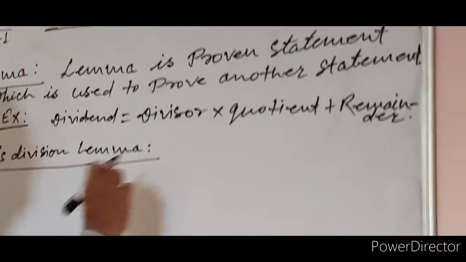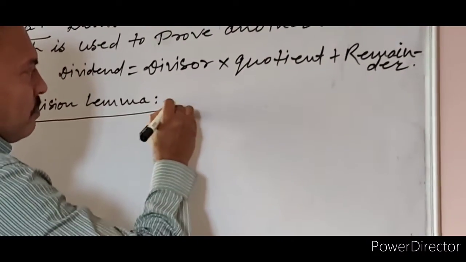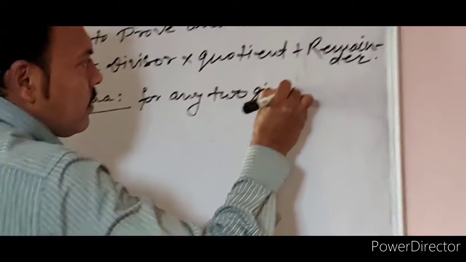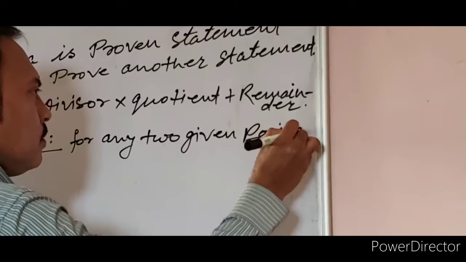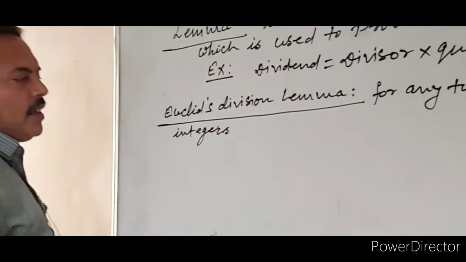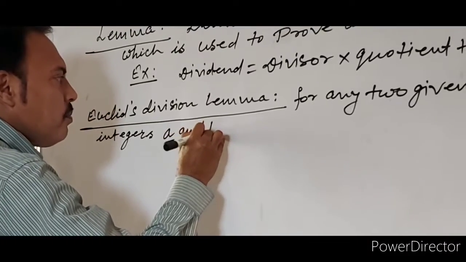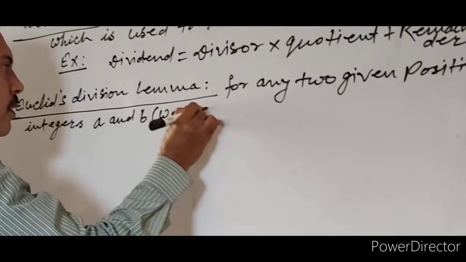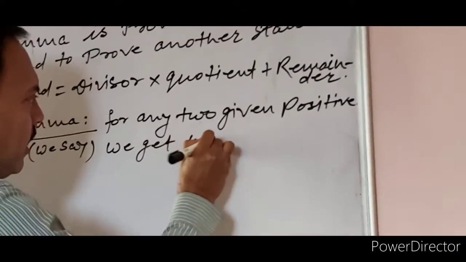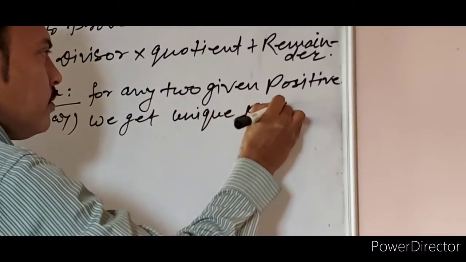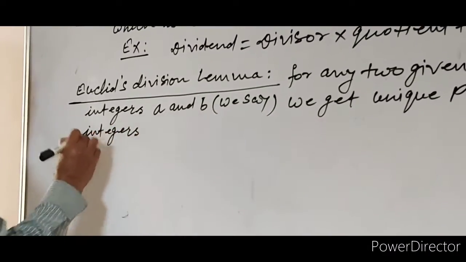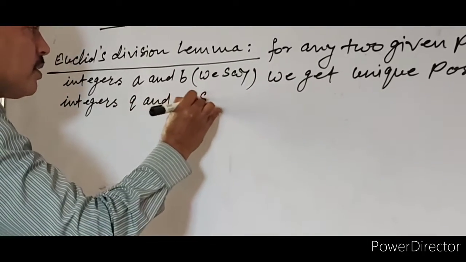So Euclid's division lemma says, for any two given positive integers A and B, we get unique positive integers Q and R such that